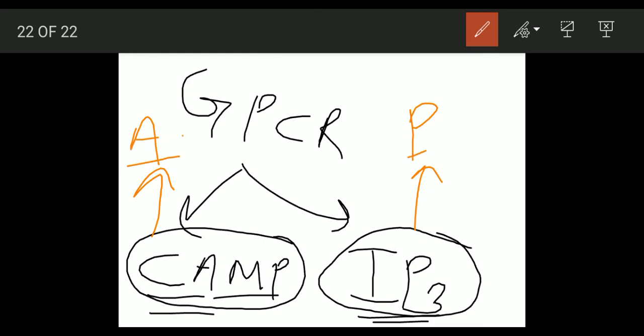This is the idea, guys, and the overall concept of all these processes is that according to the type of cell, the cell mediates the downstream process and the cell responds. For the different types of signaling molecules, there are different downstream processes that take place inside the cell, and the cell responds accordingly. So this is the basic idea of cell signaling. I hope that you got the overall concept of cell signaling. Go through the video once again and get the overall concept of cell signaling.